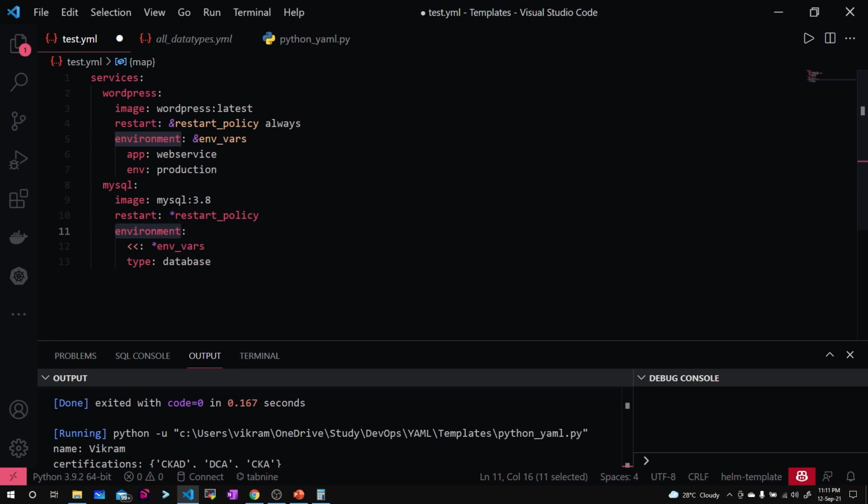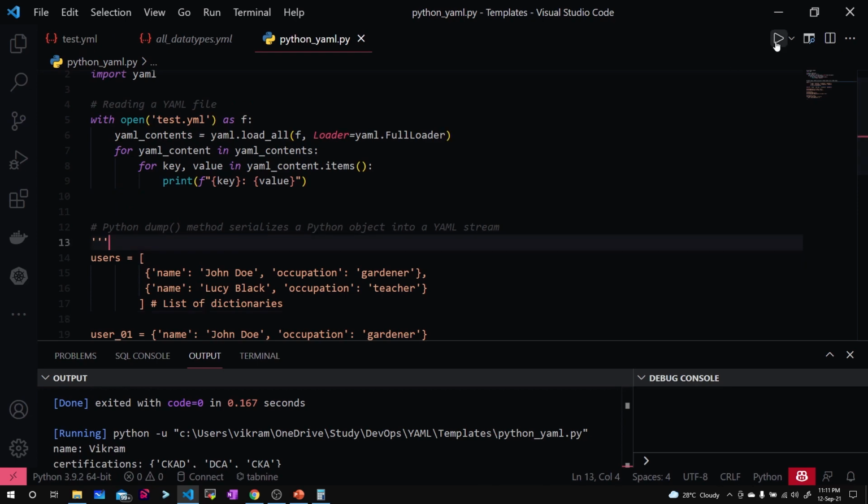What I'm doing here is this is the extension operator, using two less than symbols. Okay, and what I'm doing here is I'm taking the environment variables from the anchor, and I am also adding a few more environment variables here. Okay, so now if you see here, this extra tag will be rendered. Okay, if I have run the same,